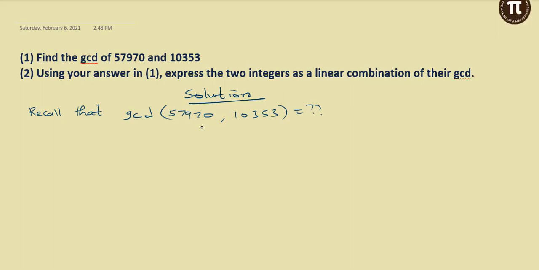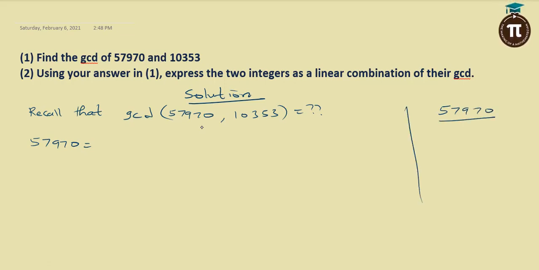You will pick the highest number, 57970. Look at what will happen. You will go to your rough sheet, 57970. You will divide this. Let's call this place the rough sheet. You will do 57970 divided by